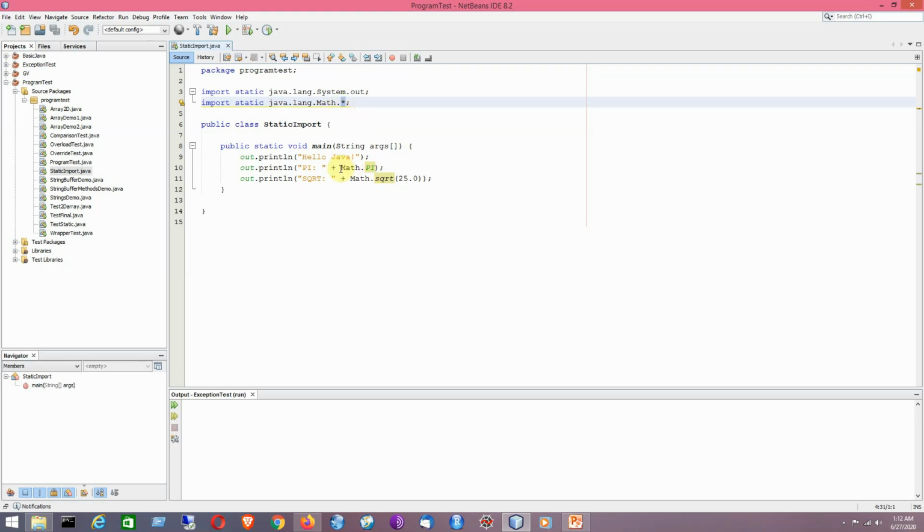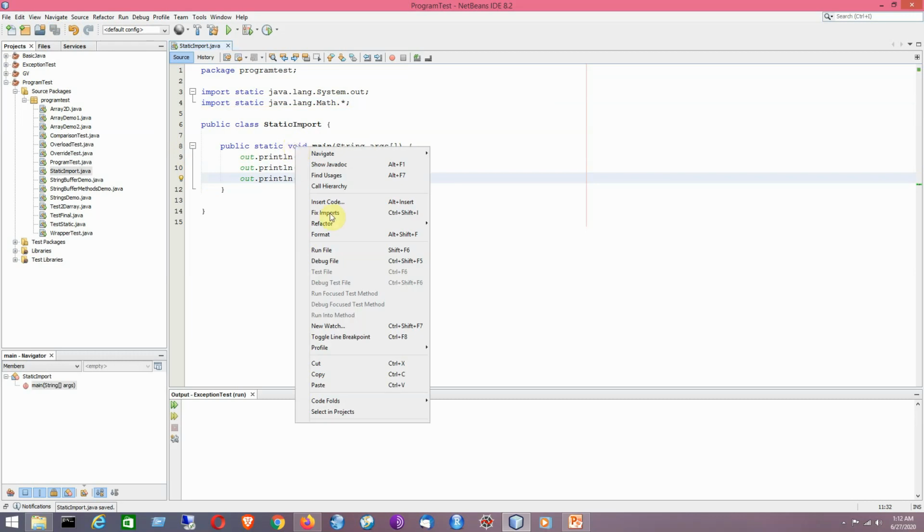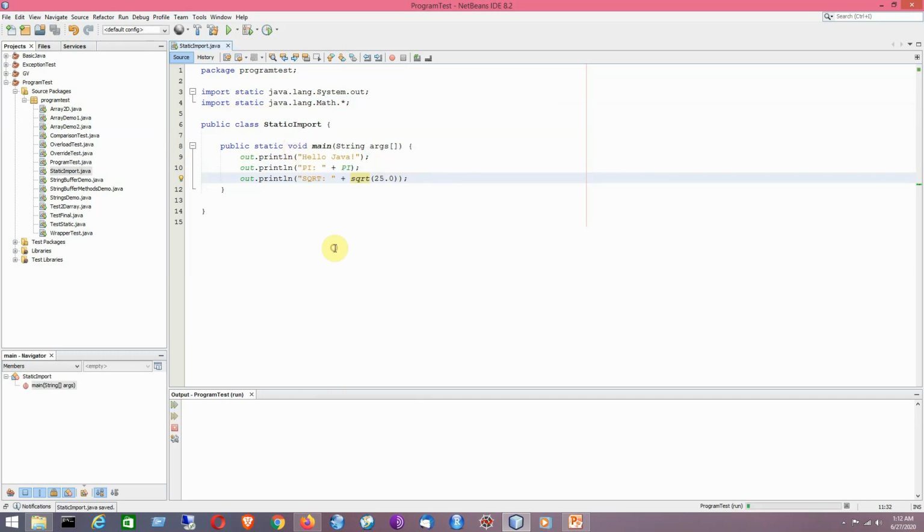So now instead of writing the class name, we can access them directly because I have used the concept of static import. Now it will give you the same output that we normally have by using System.out.println, or for example Math.PI or Math.sqrt.